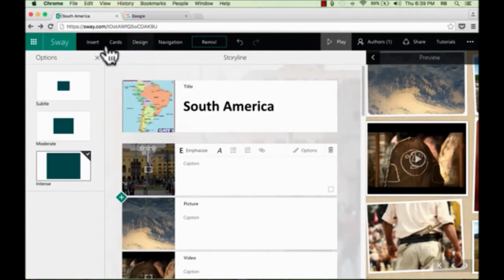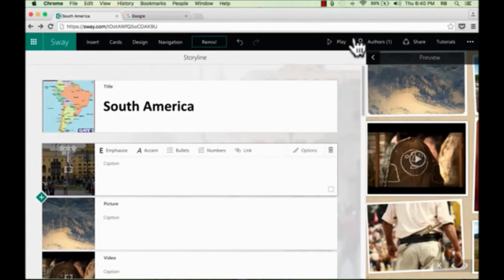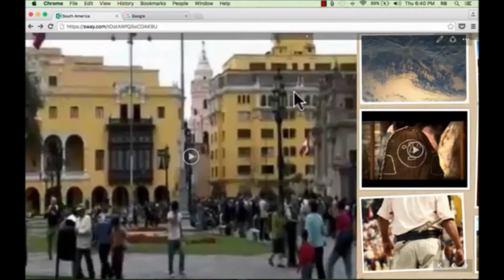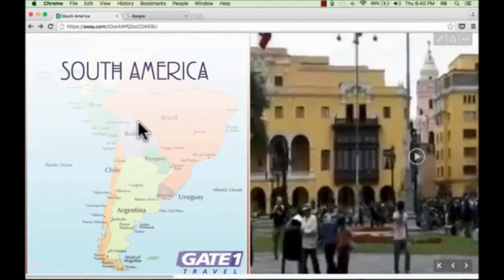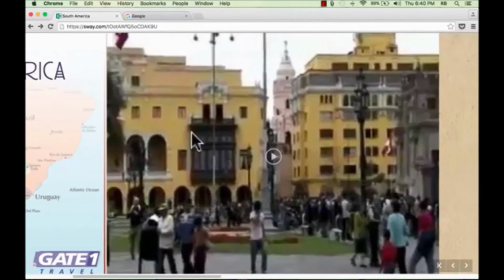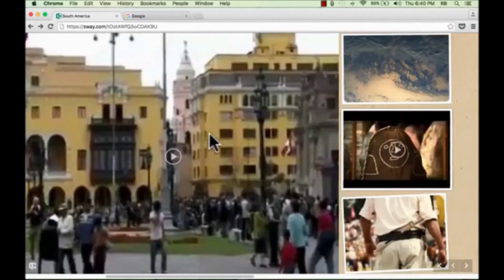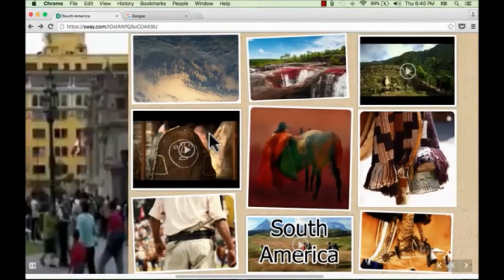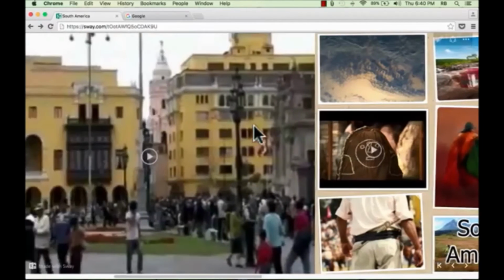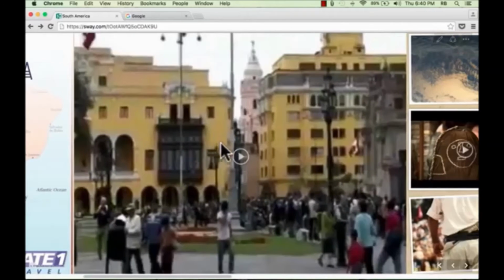And so now I can just X out of that panel, and if I play my Sway now, you can see already what it's doing. Because I told it to be intense, it's big. And that's going to, of course, draw attention to it. And now all my other content comes in, and it looks secondary to this main event here of this video